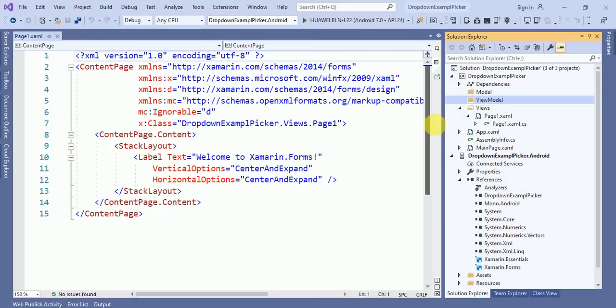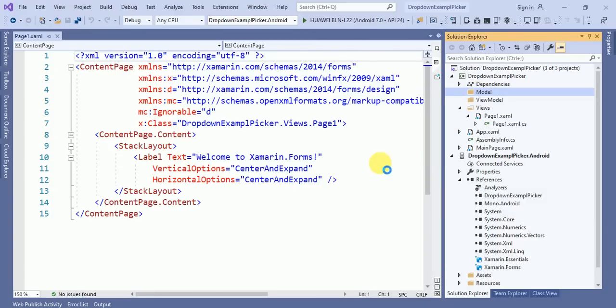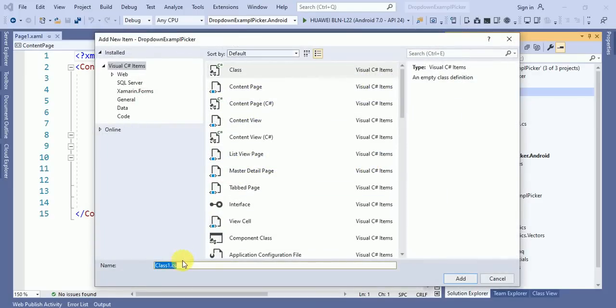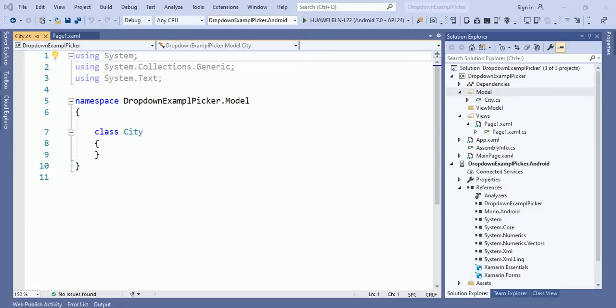Okay, so here in the Model I will add a class. The class will be City.cs. Suppose I'm binding all the cities. In the City there will be two properties.